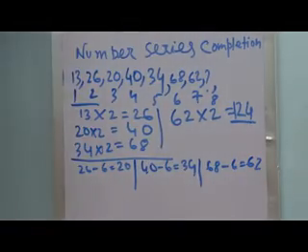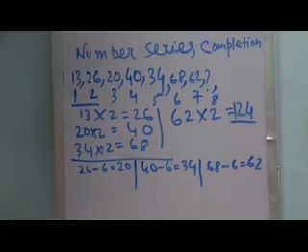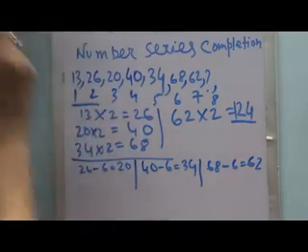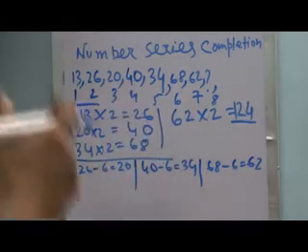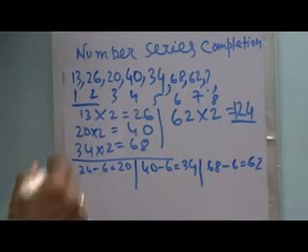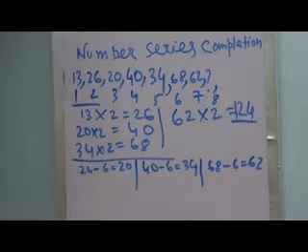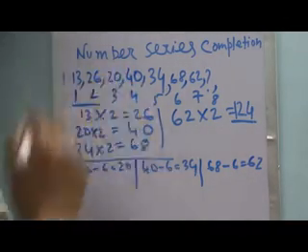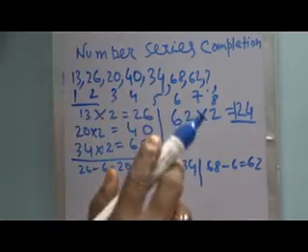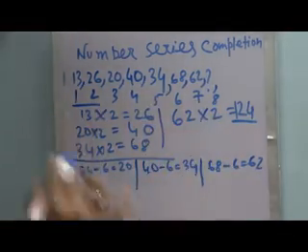So if we subtract 6 from each number in even positions, that is 2nd, 4th and 6th, we get the next number put in odd position. That is, in case of position 2nd, if we subtract 6 from the number, we get the number put in position 3. Similarly, in case of position 4, if we subtract 6, we get the number put in position 5th, and this logic will be implemented over here.